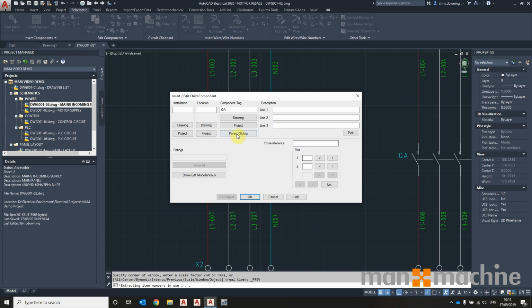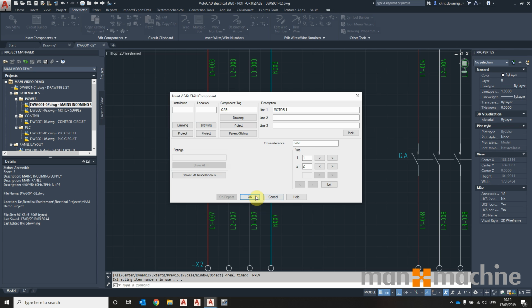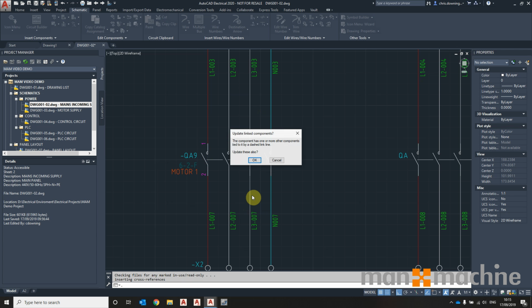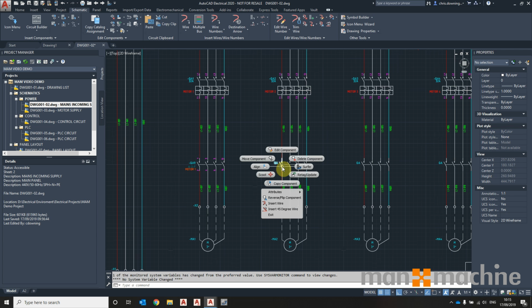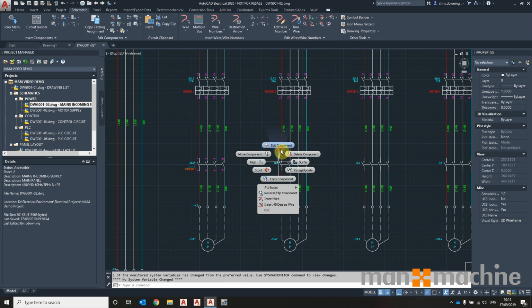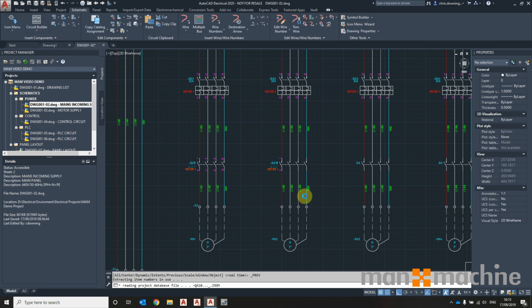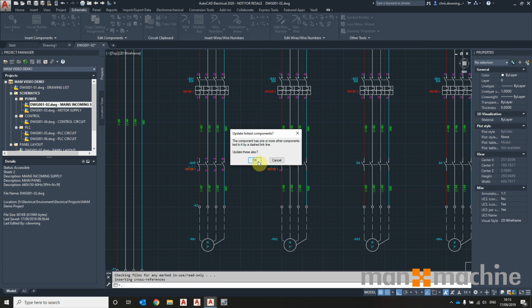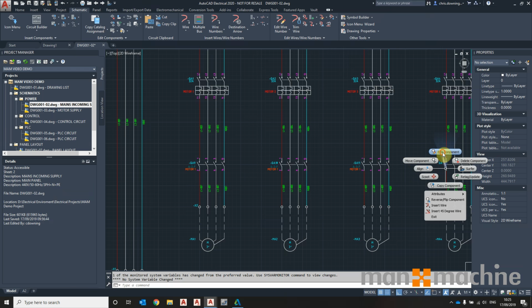If I now go through and go project, we've got QA9, and it's going to then put the pins and the cross-reference sheet 6, grid reference 2F in there. QA10. In there. And then